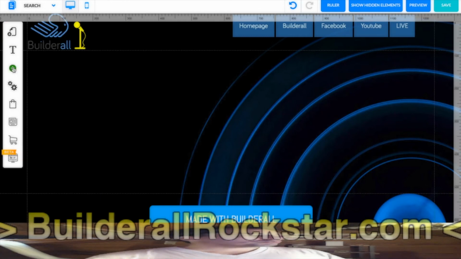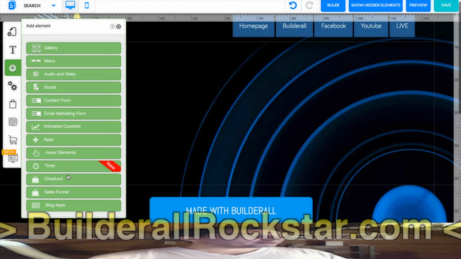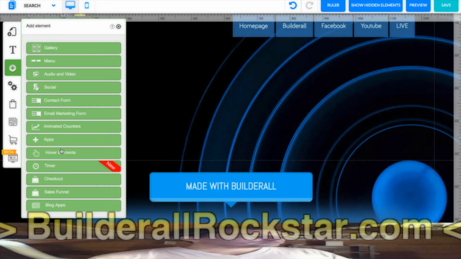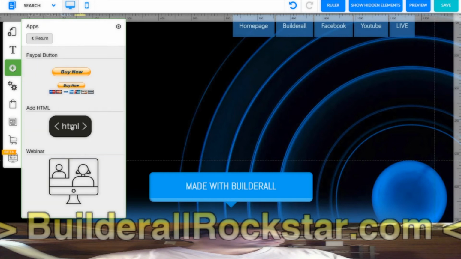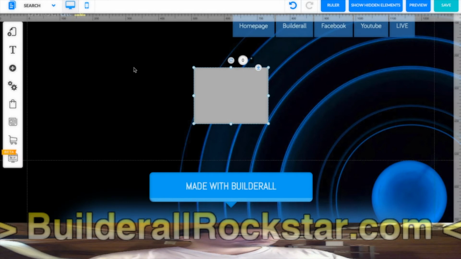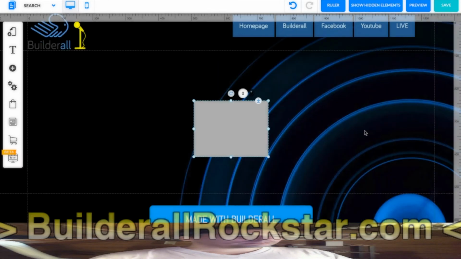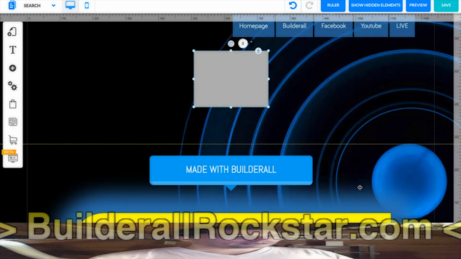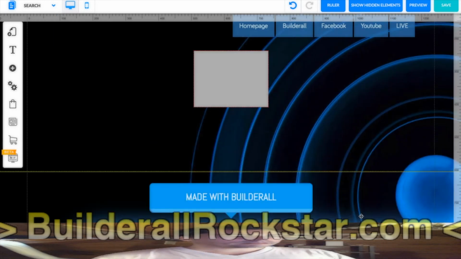So on this page we put an HTML app with the code of Google. So we will go back to Google. First, let's arrange this app. You need to go down to the footer and make it go down.